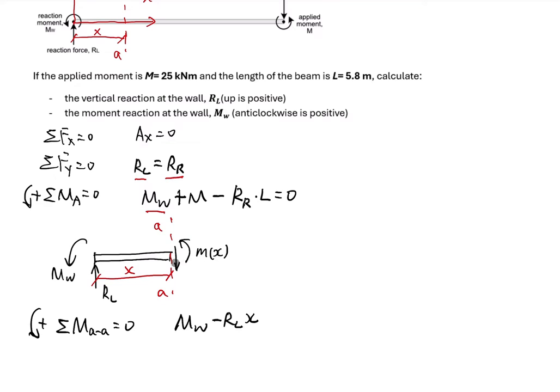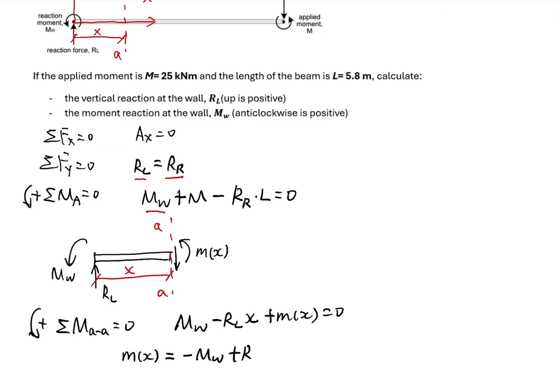On this section the internal bending moment mx goes counterclockwise, so it is positive. From this equation we derive the internal bending moment mx equal to negative MW